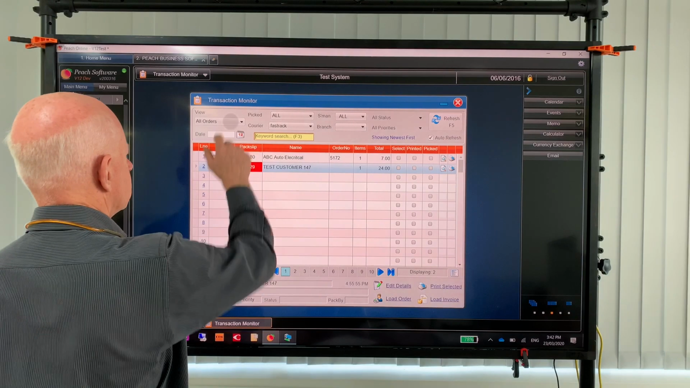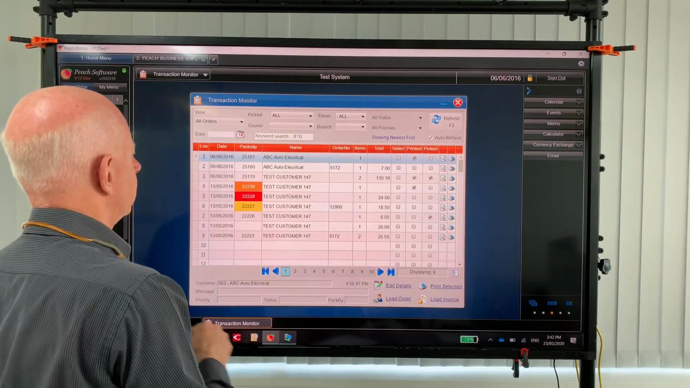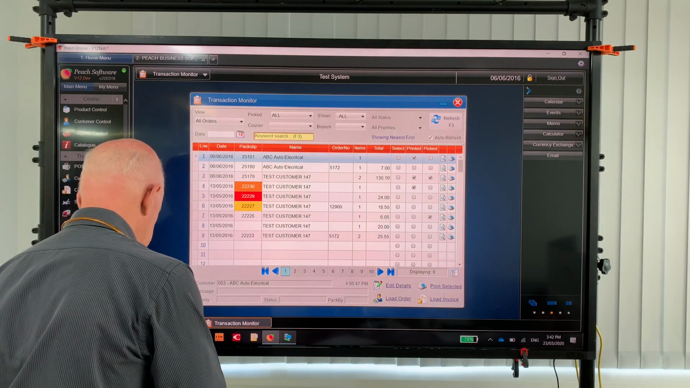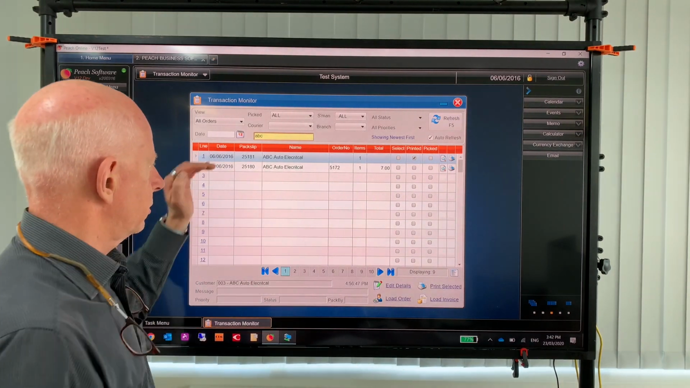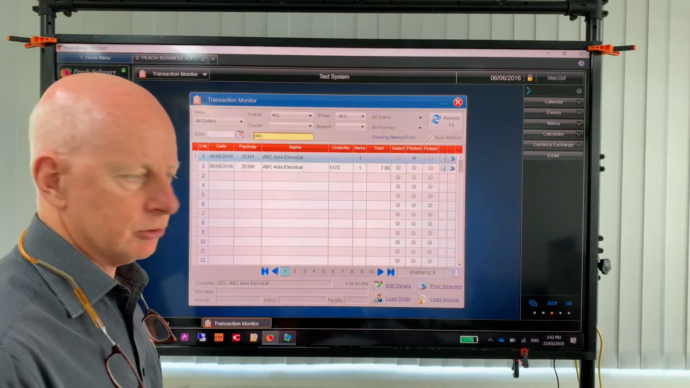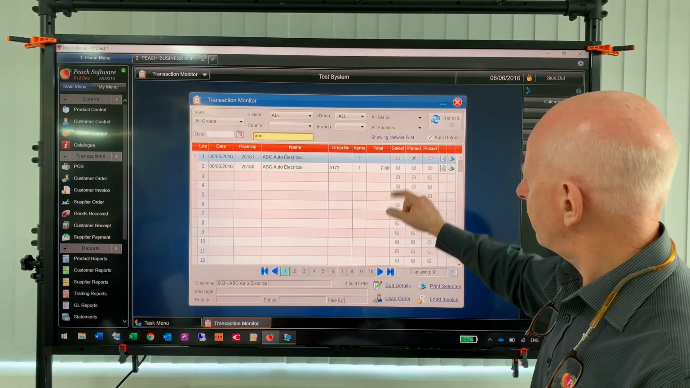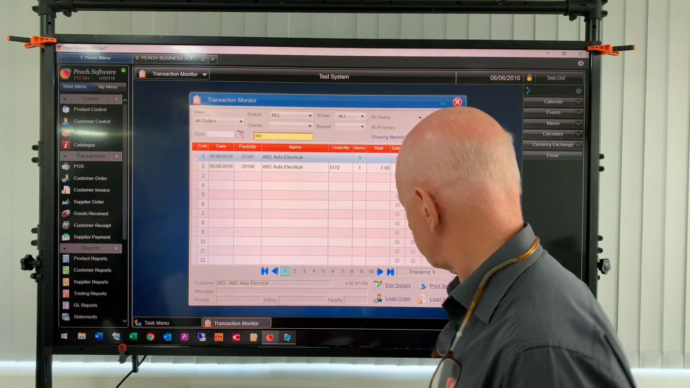In this case, I'll just refresh my view, and then I'll select ABC, and then it shows you all the orders that are outstanding for ABC Auto Electrical. Okay, so you've got this select column down here. This can be managed separately. So let me just clear my search,